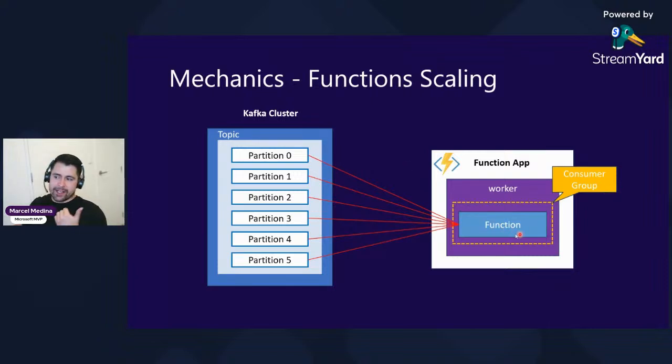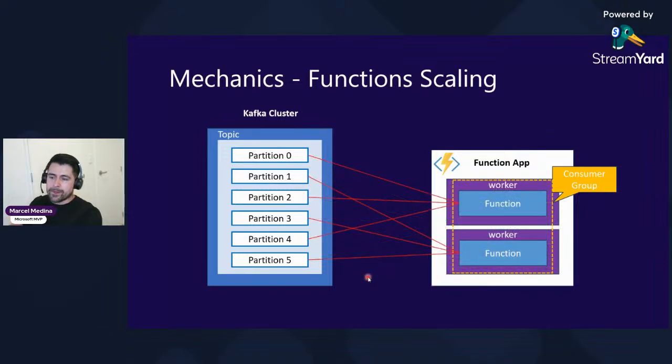Here I'm just showing that if you have only a single function, that's going to be on a single worker. Azure Functions does that for us. You just tell it the consumer group and the function hooks onto the topic partitions, as you can see by the red lines. If you have an increase of those events, let's say things are getting really busy and there are more events coming, and you set up the function to scale, the function is going to start scaling and rebalancing. When I say rebalancing, the function host is going to automatically reconfigure how the consumption is going to work, because as you can see here, for example,